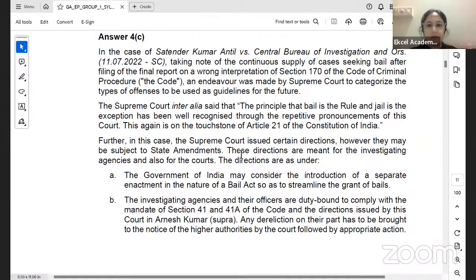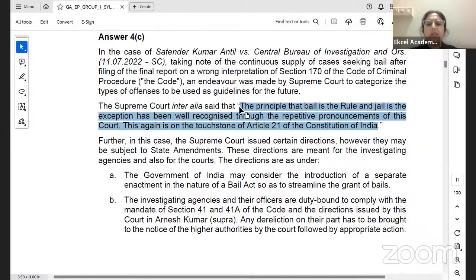So the Supreme Court has given a few guidelines, taking this case as a base where there was wrong interpretation of Section 170. See, if you remember all these things exactly, because the Supreme Court has told them and you have to write them in court as they are. If you remember, you write. Otherwise, you can start with just one paragraph of introduction, and directly start with those